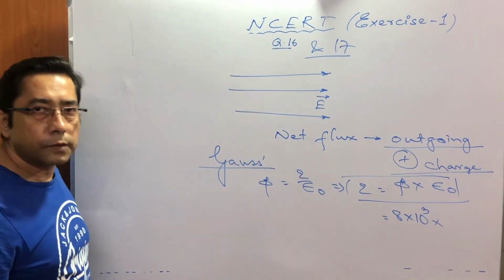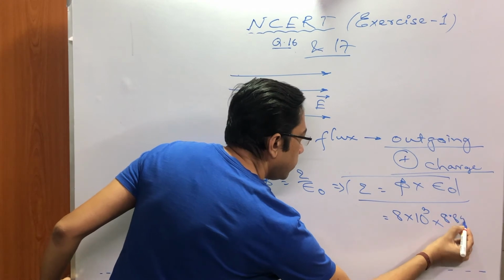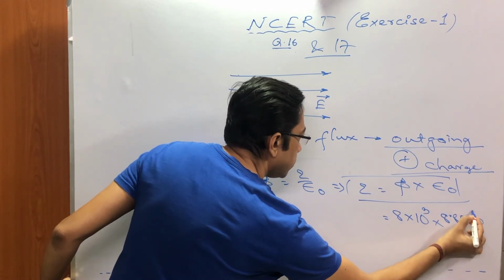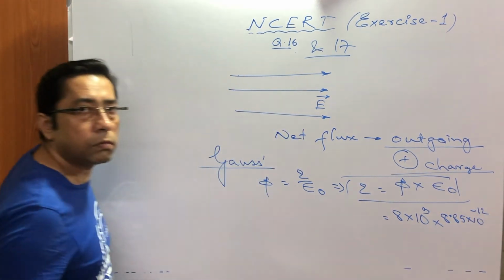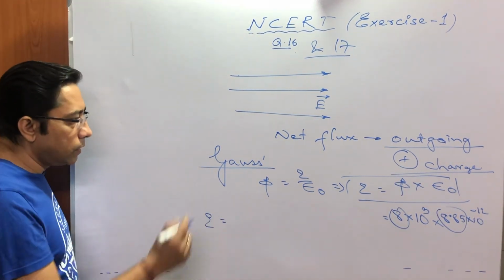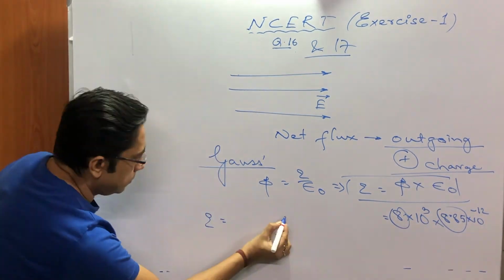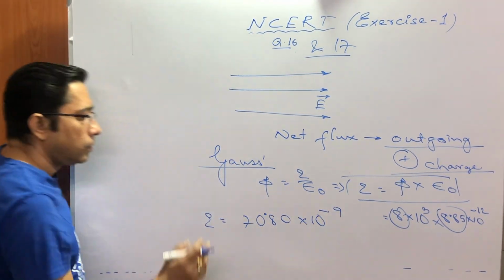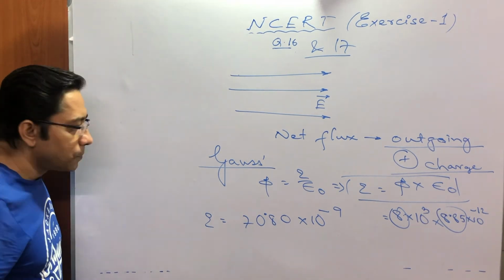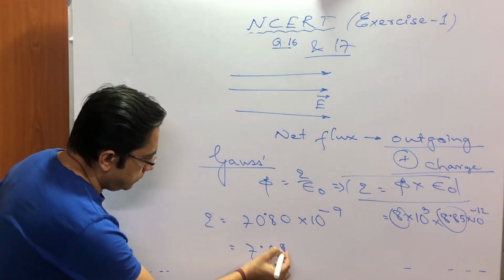And epsilon naught, we know, is 8.85 into 10 to the power minus 12. So finally it becomes this into that, equals 7.080 into